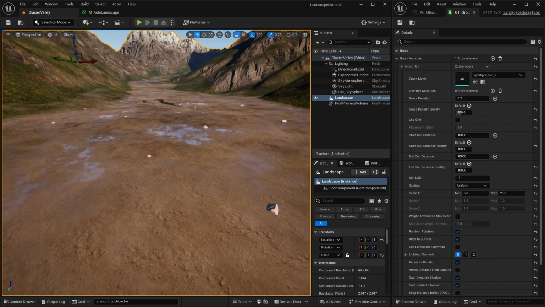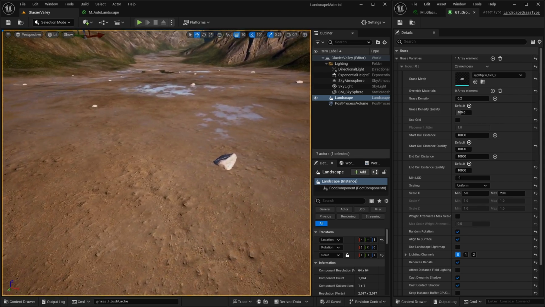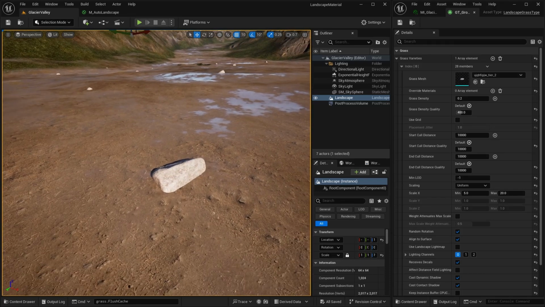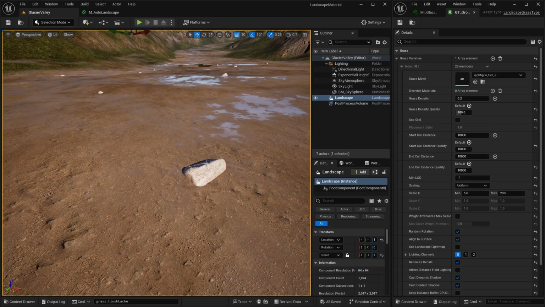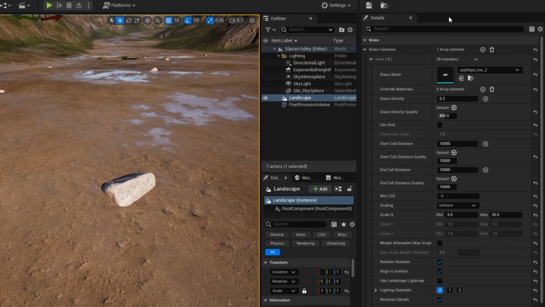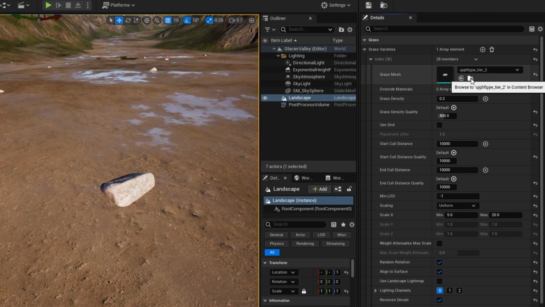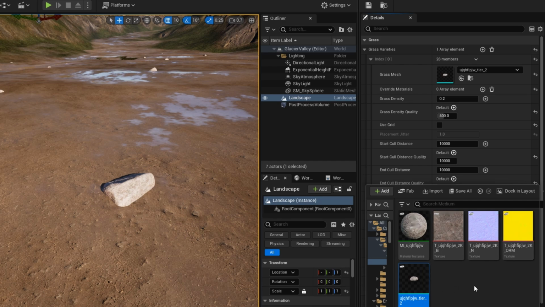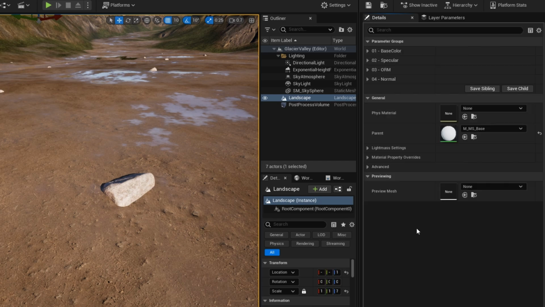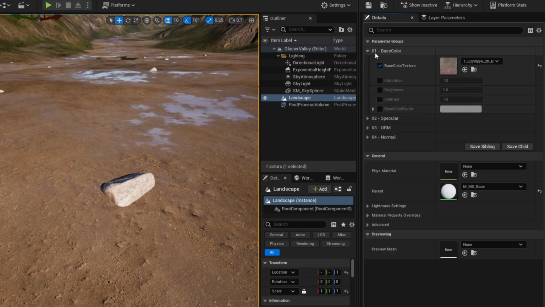They're quite bright, so let's see if we can adjust the material to blend them in a bit more, although we'll be talking about blending when we do the episode on runtime virtual textures, but it'd be useful to get them to look as though they're part of this landscape. So in your landscape grass type, just use the browse here to find the rock, and you can see the material instance here. Double click to open that up, and you can see that we have some parameters here. So if you open up the base color, we could change the brightness and make that, instead of 1, make that 0.3. So already it looks as though it is more of the same material as the ground.